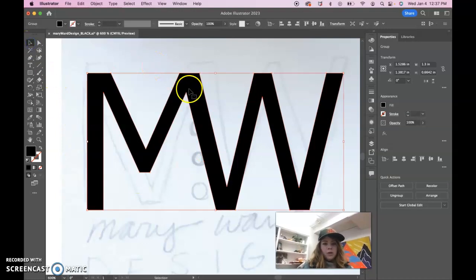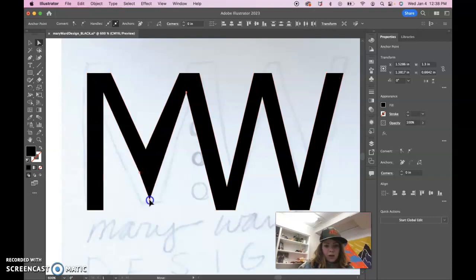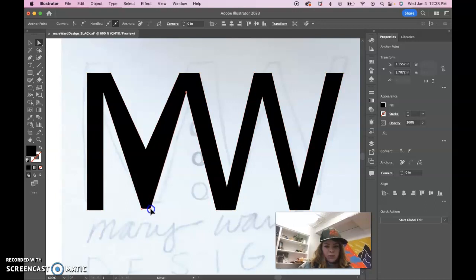Now I have pretty much the M that I wanted, except this part of the M isn't going down here. But I can adjust the spacing by using the white arrow tool. We'll move this down by shift clicking. We need to have the white arrow if we're working with specific anchor points and we want to move them. You have to push Shift to get a little white area there and just move these straight down. If the anchor point is white, that means it's allowing you to edit it. I want to keep this in line with the bottom of that for the most part. I'm really eyeballing it here, but